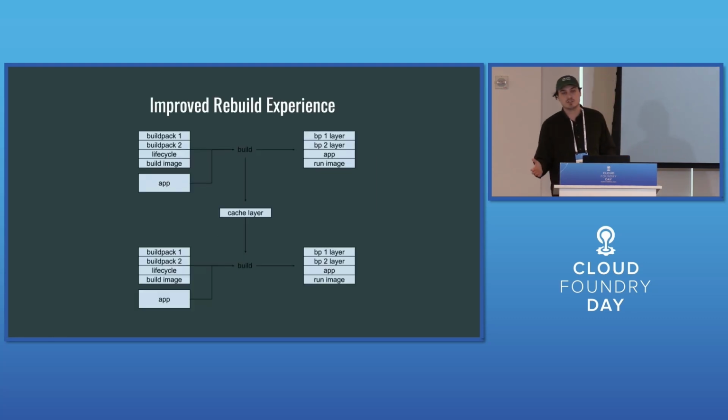Unfortunately, you do actually have to rebuild your app occasionally, whether that be that you change things in the app, you need to upgrade it to a new dependency, whatever. But we have spent a lot of time trying to build out the buildpacks such that they make that rebuild process as short and enjoyable, however enjoyable that might be for you, as possible. There's some stuff built into Cloud Native Buildpacks that allows us to do some really strong work with that, and that's around this idea of caching and being able to reuse layers from builds that